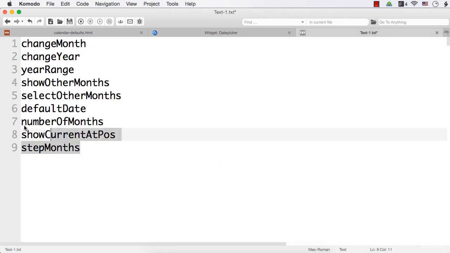So in this lecture we have seen 9 different options that can be used to change the default characteristics of the date picker. They are change month, change year, year range, show other months, select other months, default date, number of months, show current at pause, and step months. Change month is used to display the month as a drop down, and similarly change year is used to display the year as a drop down. Year range is used to change the number of years to be displayed in the year drop down. Show other months is used to show the dates from other months, and select other months is used to make those dates selectable. Default date is used to set the default date that will be considered as the date selected,